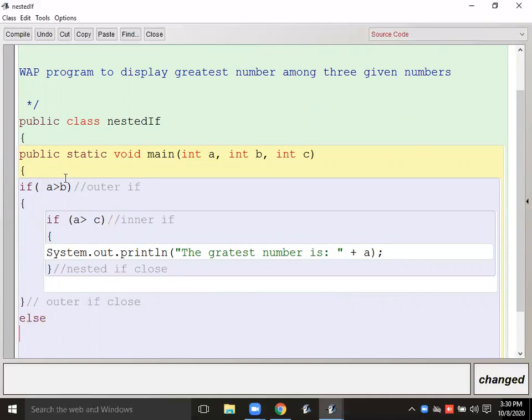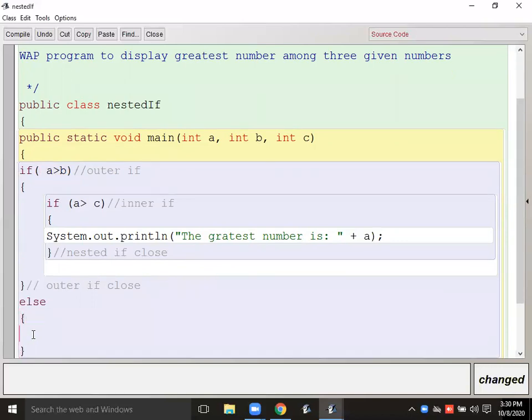And it's already proved that if A is not greater than B, it means B is greater than A. So now we have checked the B with the A. Okay, now it's turn to check the B with the C. So in the else body, we are going to check if B greater than C, right?